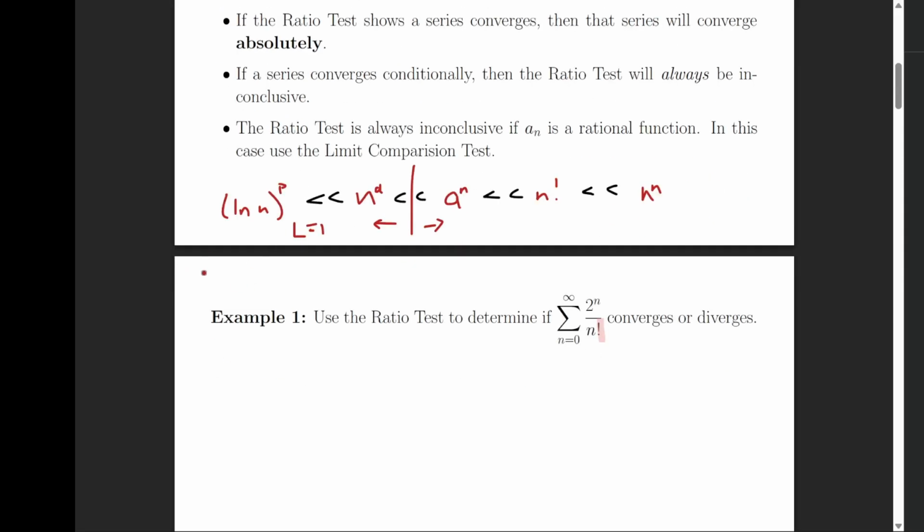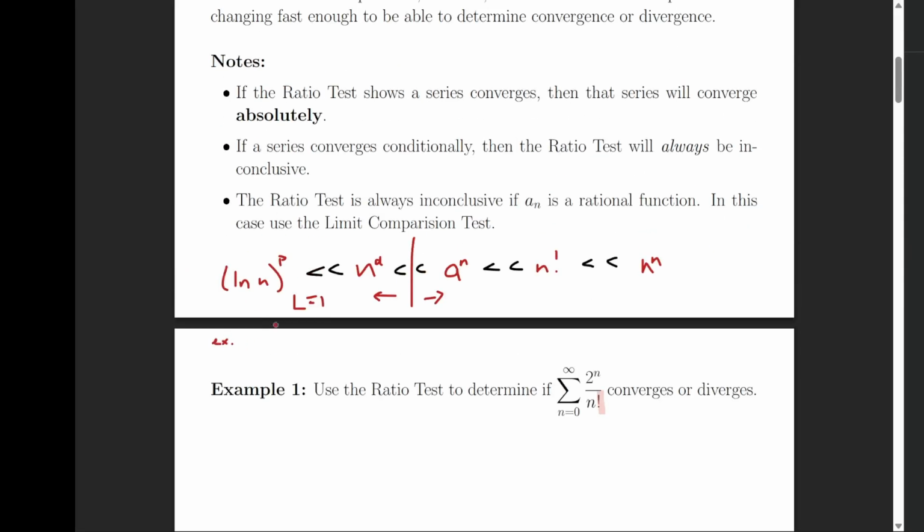For an example of this side, if you have any polynomial, this is too slow. If you do use the ratio test, the L is going to equal 1. That just means use a different test, and we know you can use a generalized p-test for that. Or if you have any polynomial series, like any of this stuff,